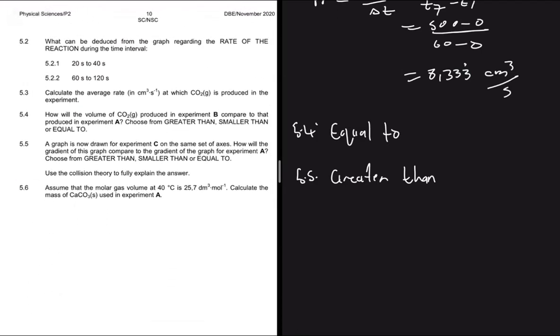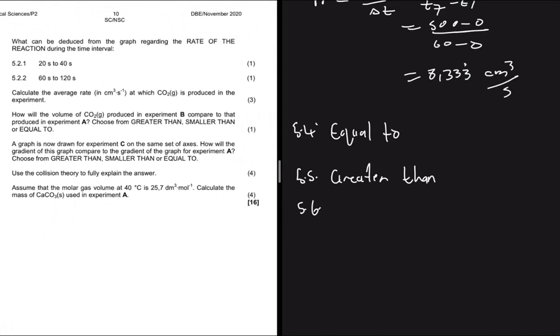And then now we can move to 5.6, which says, assume that the molar gas volume at 40 degrees Celsius is 25.7 decimeter cube per mole. Calculate the mass of CaCO3 used in experiment 1. So the information we have is information about CO2, right? So if we determine the number of moles of CO2, then we will use the balancing coefficients to determine the number of moles of calcium carbonate, and ultimately